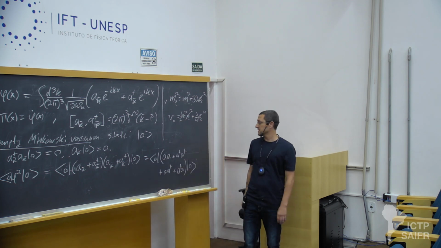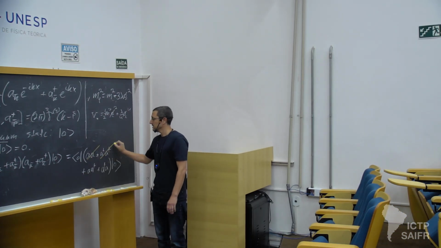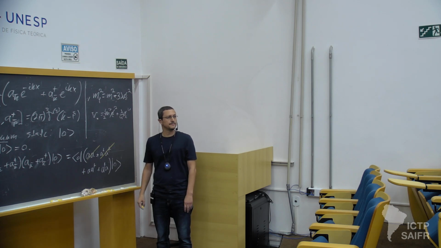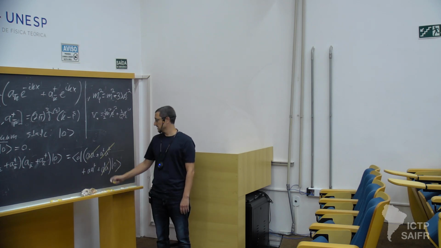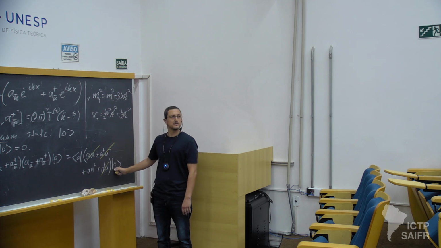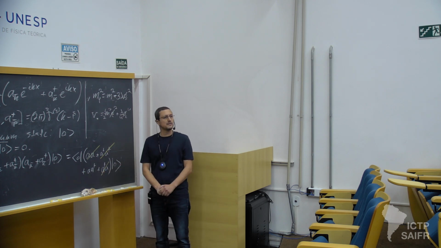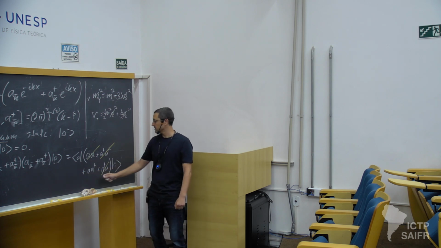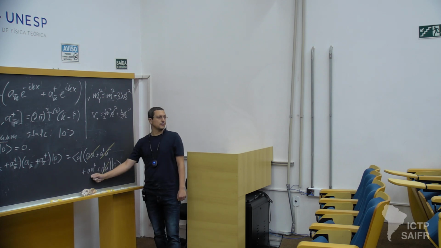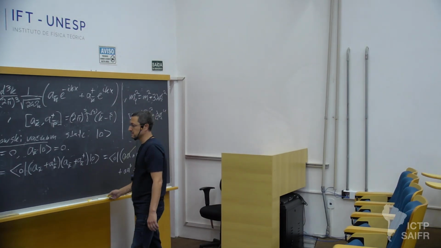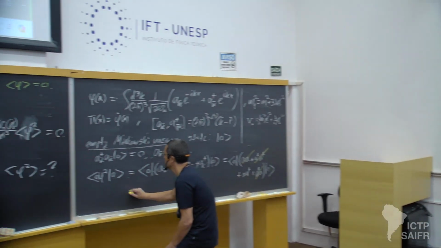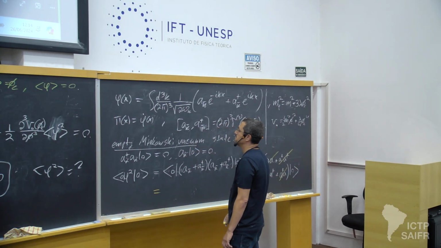Under the empty Minkowski state, these terms go to 0. This also goes to 0 because it has an a lowering operator acting on the vacuum. Only this object remains. You can add and subtract this thing to make it a commutator. And so the answer of this object is